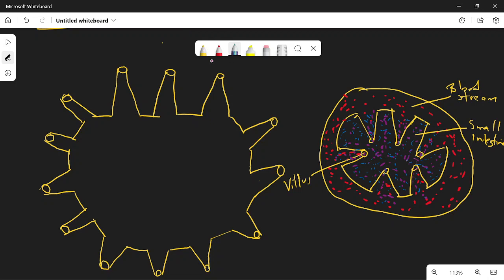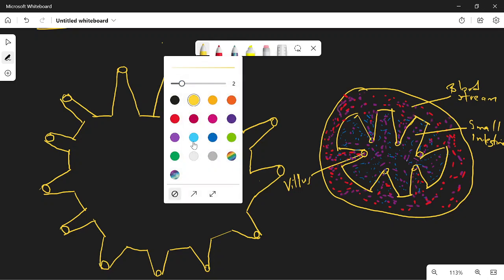So when all the nutrients in the small intestine have been absorbed through the villus into the bloodstream, what now happens to the contents of the small intestine? We notice that all the substance in the small intestine will be moved. Remember that we said that